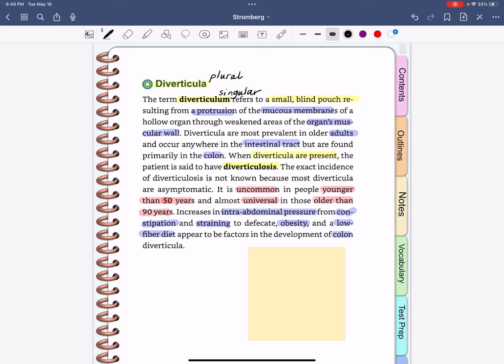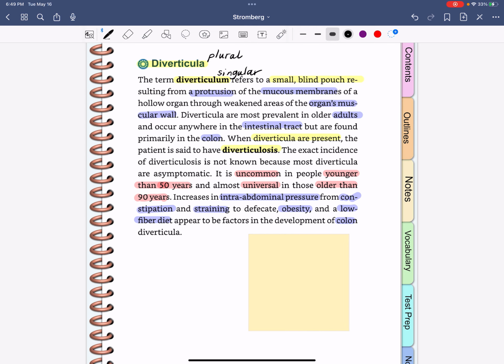All right? So I ask myself, if I had to narrow this down to one word in this passage, that is the main bare bone, that is the primary bare bone, what would it be? Well, if I have a header, it's going to be that header. So I'm going to start with that. I'm going to say diverticula. Now remember, I'm putting this in my own words. I recommend that you write it instead of type it, but if typing works for you, so be it. So diverticula, and remember that's the plural of the word. One is a diverticulum, are